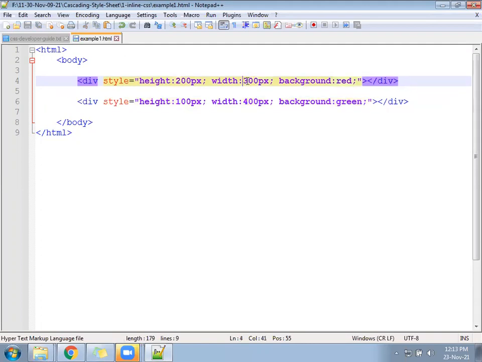Or for both, you can reduce the width to 200 by 200. One is 200 height, another one is 100 pixel height.